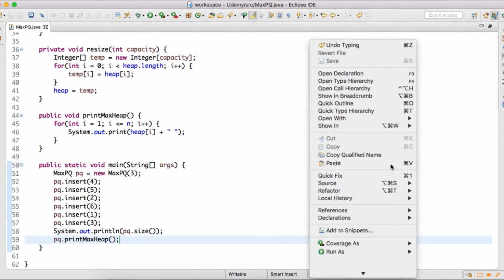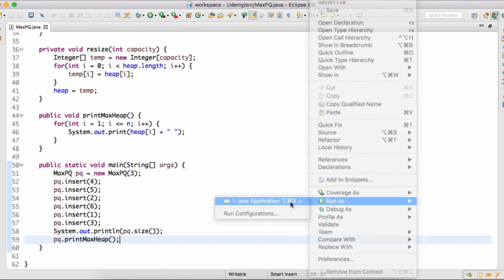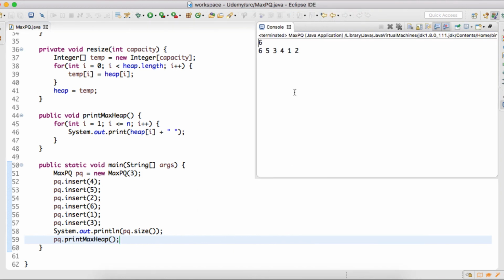If I run the code now, you see it printed 653412, which is the same output which we discussed in our previous tutorial. And you can see that as it is a max priority queue, the value 6, which is the largest among the other values, is at index 1.